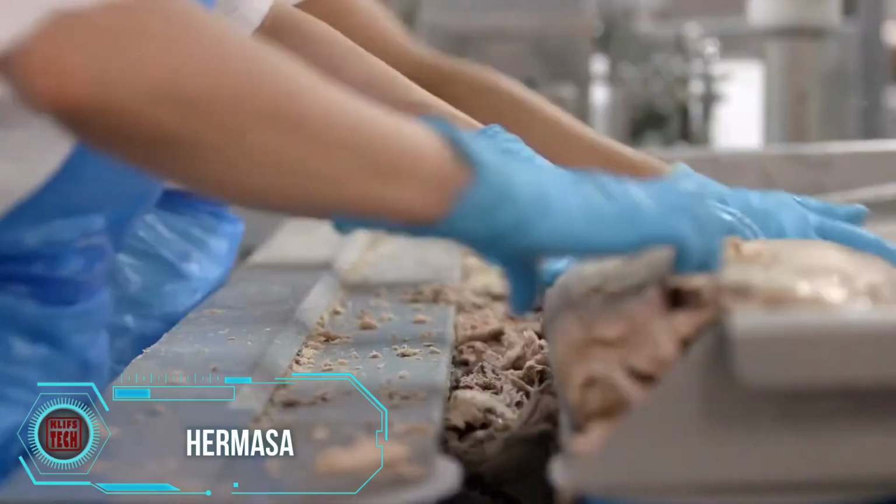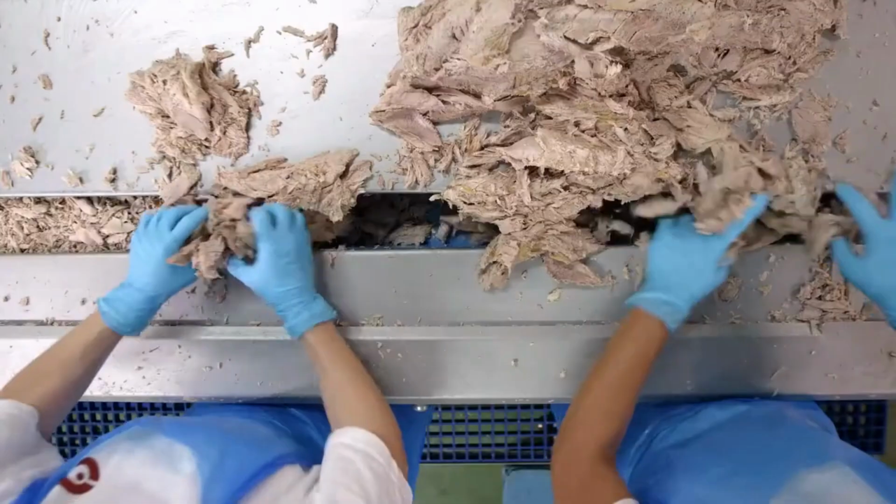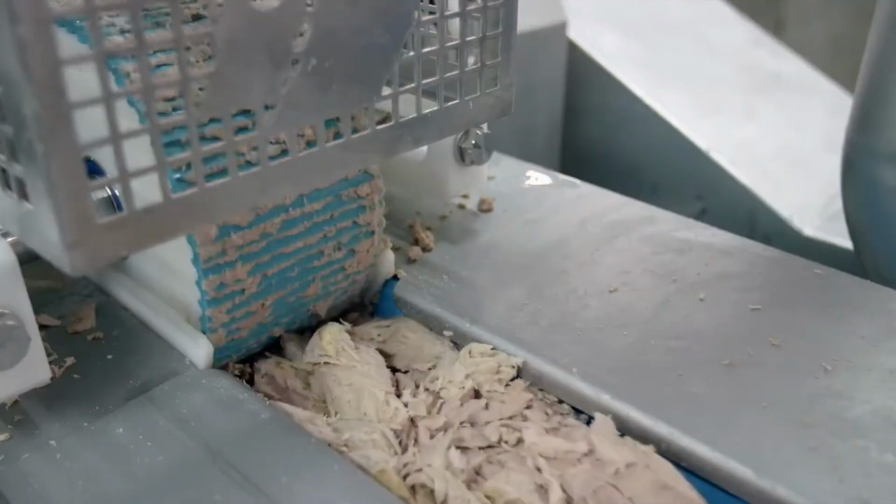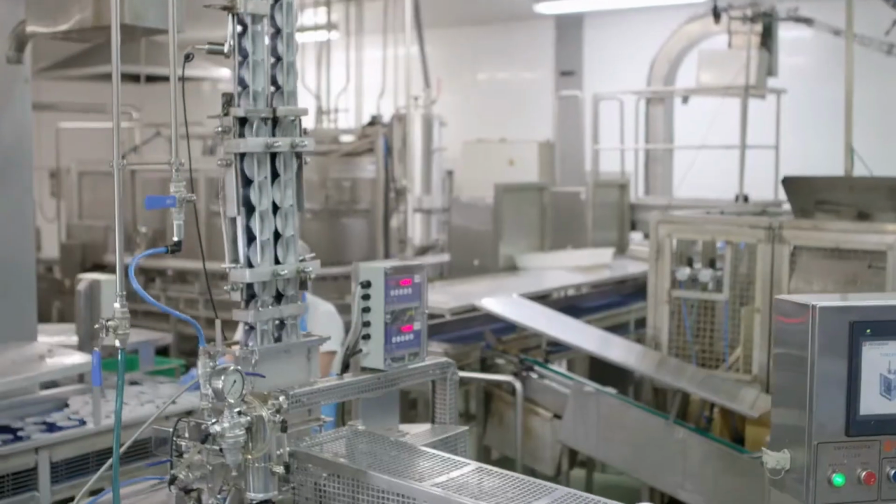The tuna manufacturing process commences with the prompt delivery of catch from fishing vessels, ensuring immediate transfer to cold storage. The tuna is then organized based on size, followed by a uniform